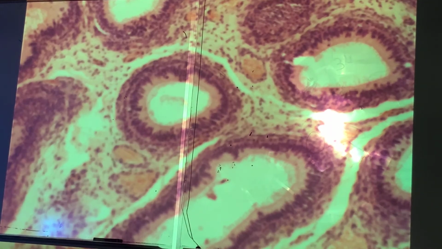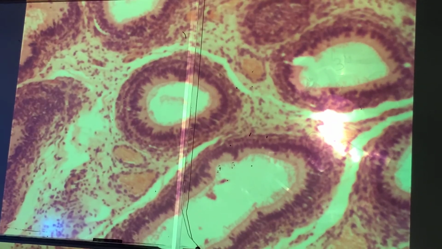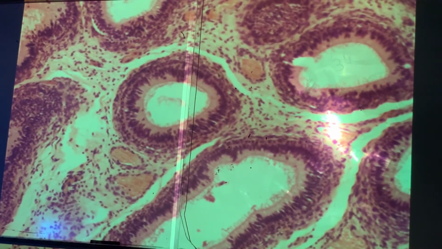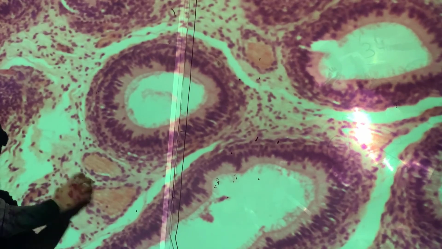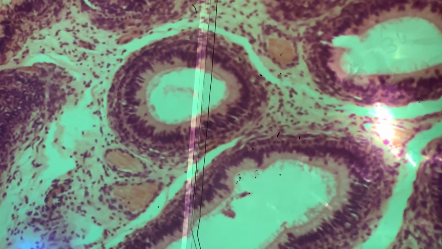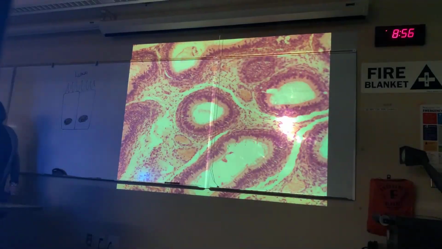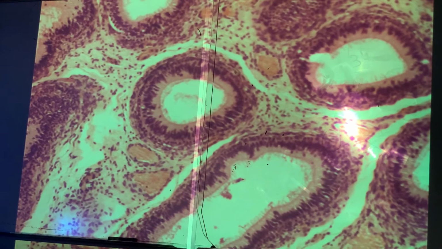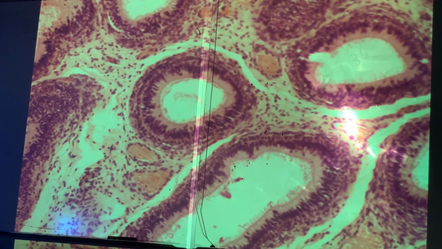And the other thing you can see is there are a whole lot more cells out here around these tubules. You didn't see that many cells around the seminiferous tubule because you just don't have that many interstitial cells around the tubule. But if we take this up to 40x,